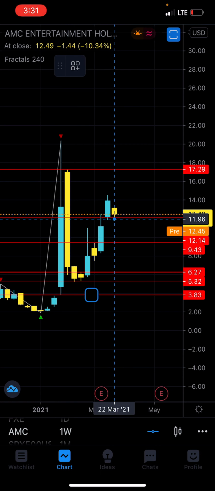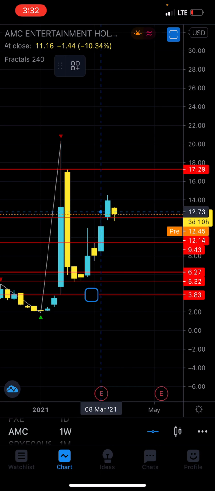I actually don't tend to use current prices, so this candle right here, I wouldn't use this wick just because this candle hasn't officially closed on the week. So I'm on the week chart, which means we still have a couple more days till this closes. So I'm not going to be using this specific candle and this wick as a place setter for these price